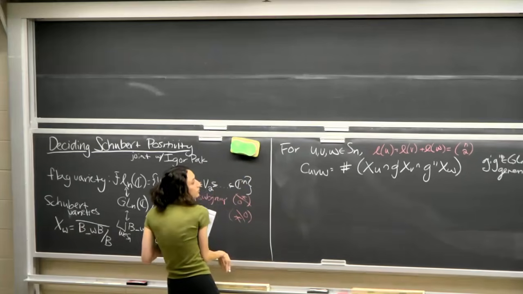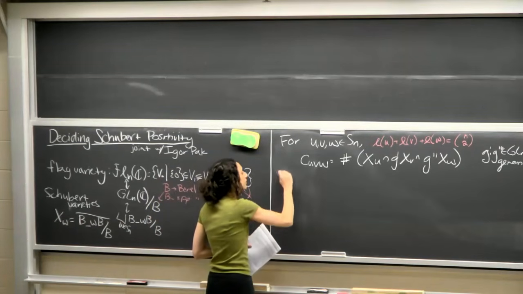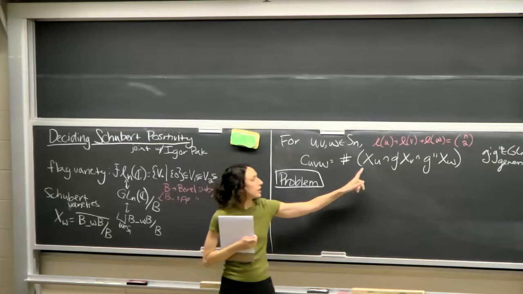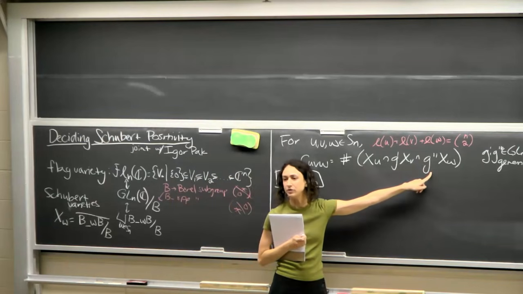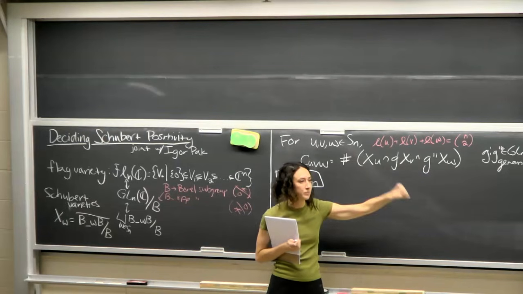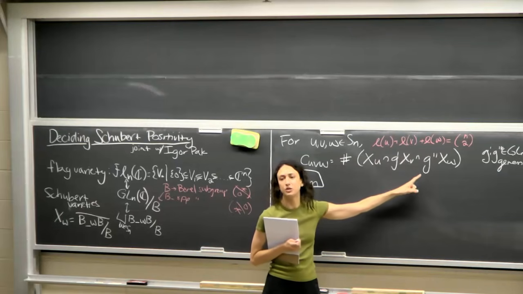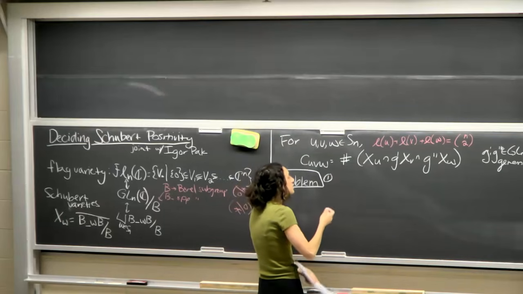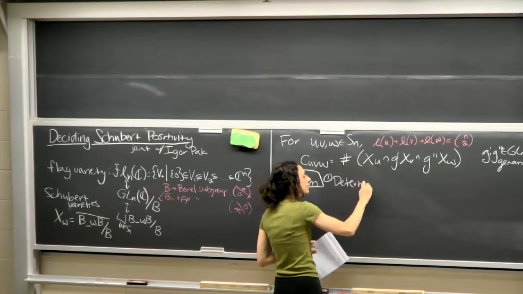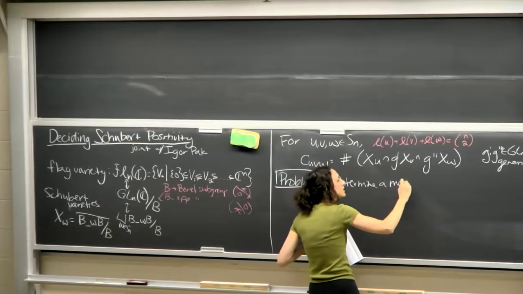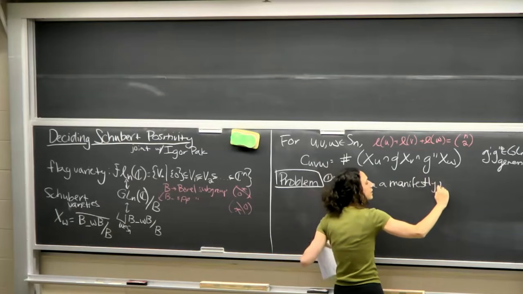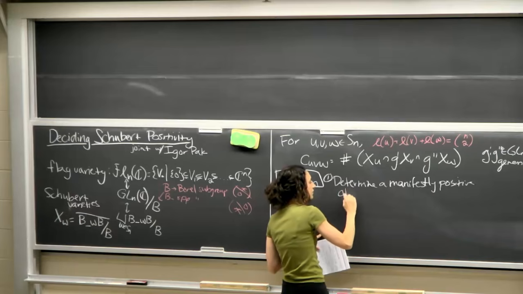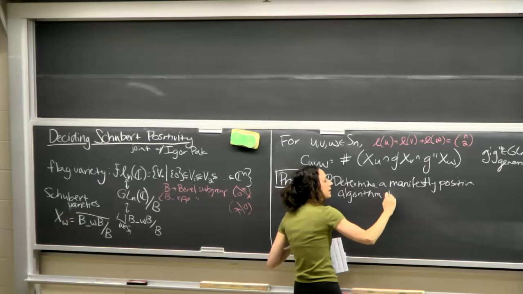All right, so for these numbers, we can ask how to compute them, right? We could just compute them geometrically. There are just some equations that are cutting out each of these Schubert varieties, and just doing elimination, we could compute complex solutions to this system of equations, but that's not going to be very satisfying. So one of the central problems in Schubert calculus is to determine a manifestly positive combinatorial rule, or let's say algorithm, to compute